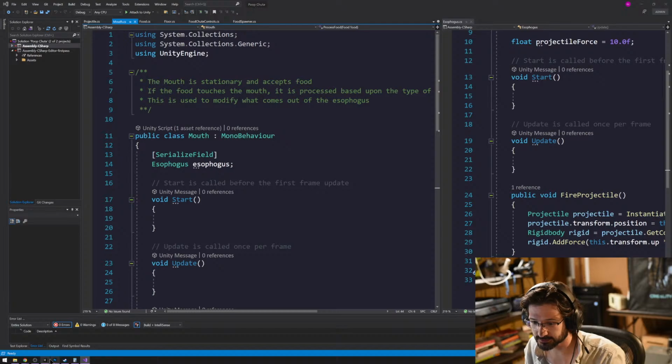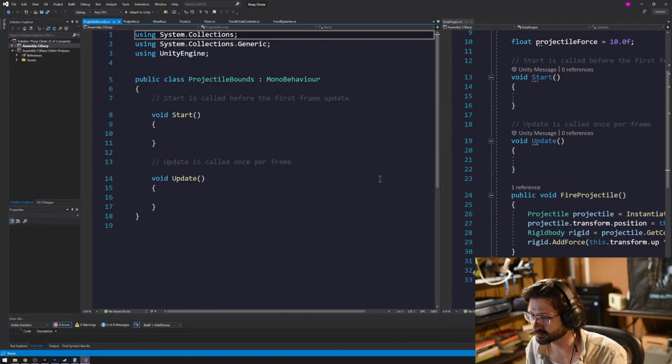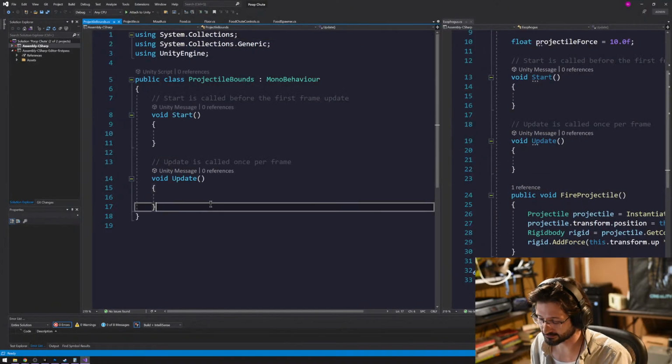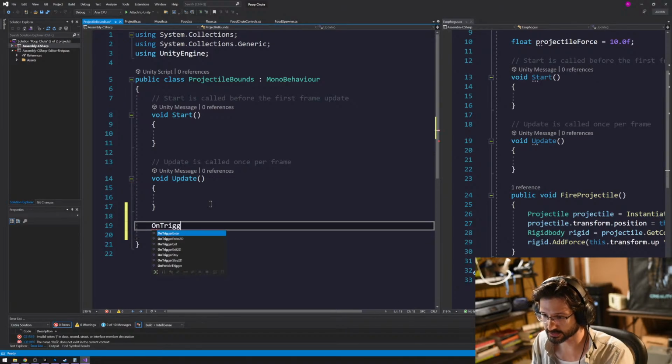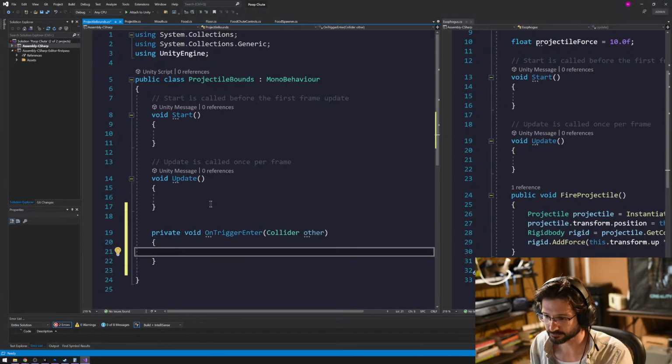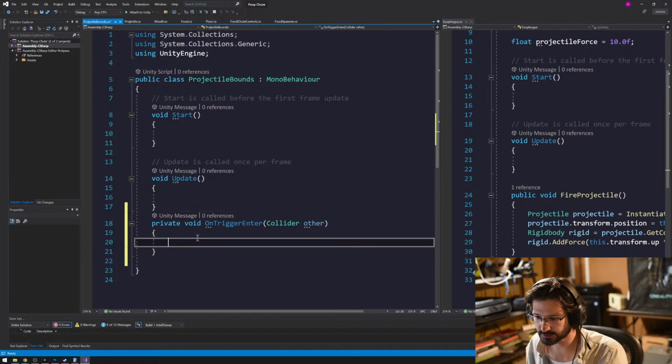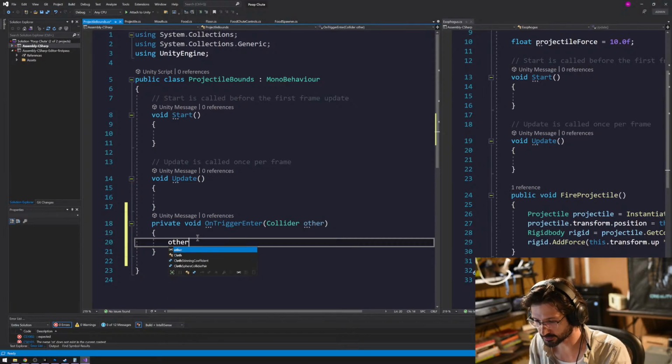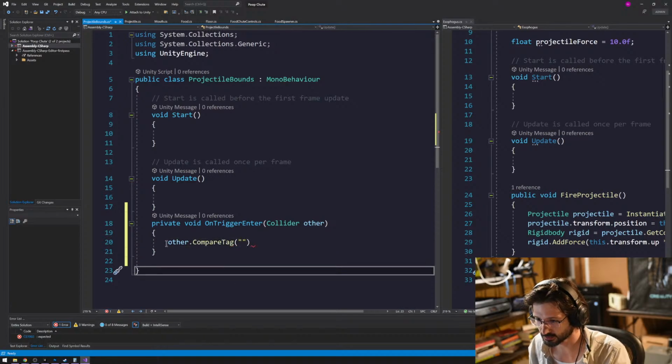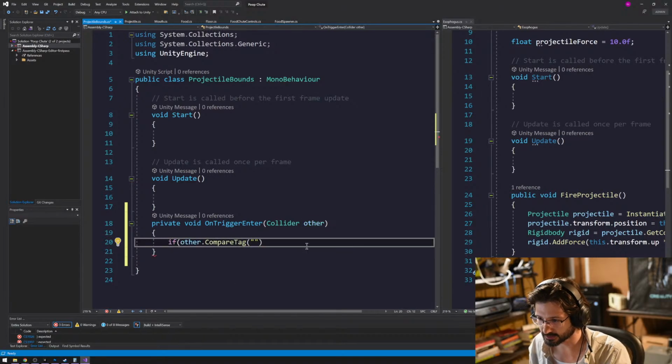So let's come back over to Unity, open up ProjectileBounds. ProjectileBounds has an OnTriggerEnter. When the projectile strikes the wall, it needs to destroy the object. So the first thing we need to do is other.CompareTag,